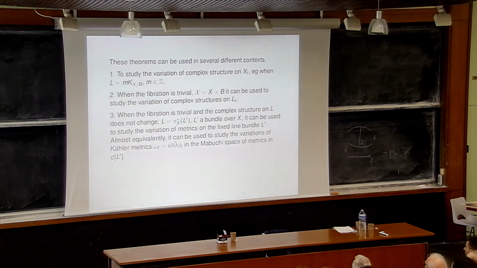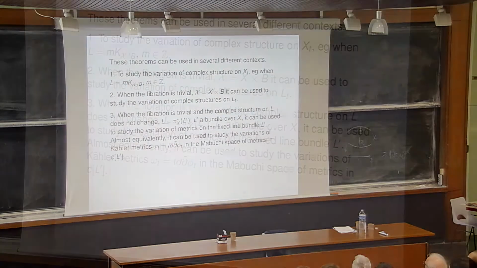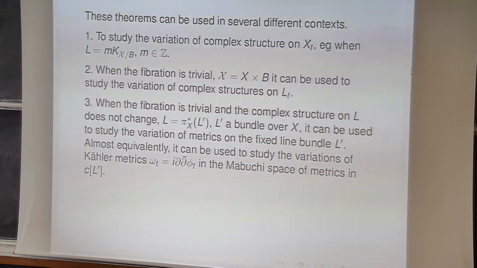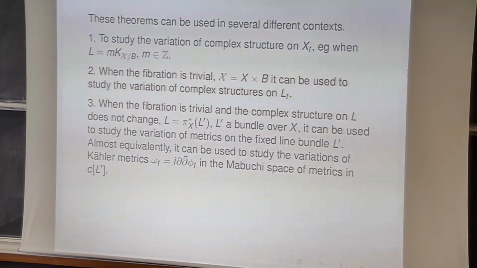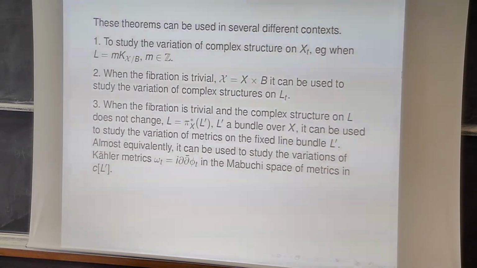So almost equivalently, it can be used to study the variations of Kähler metrics. Omega t is i∂∂-bar of phi t, where phi t is the restriction of phi to L_t. So instead of looking at the metric itself, you can look at its i∂∂-bar, which is a Kähler metric, and you can look at the variations of those metrics in the Mabuchi space of metrics. I'm not going to say very much about that, but it's just a